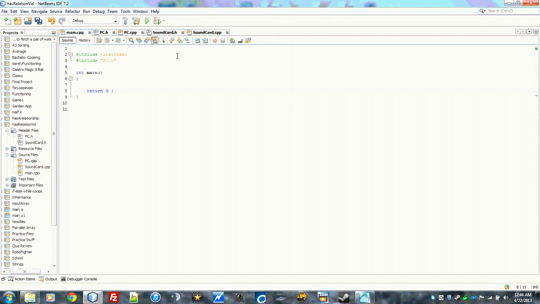Now we go back to our main, and just to do a quick test, first of all, let's do a cout sound card so we know what's what. Do an endl, make it move down a line, and then we'll do